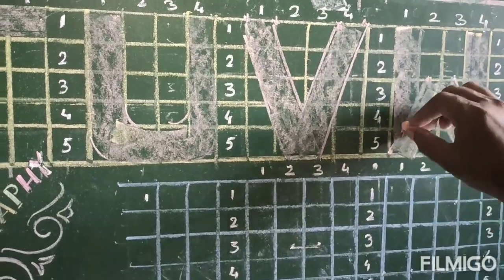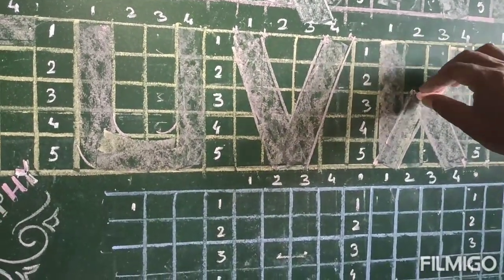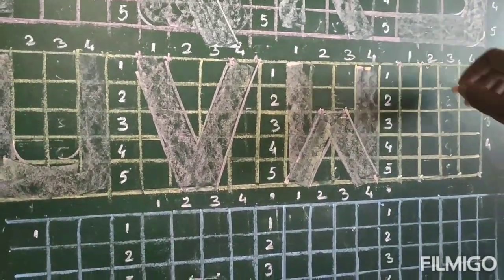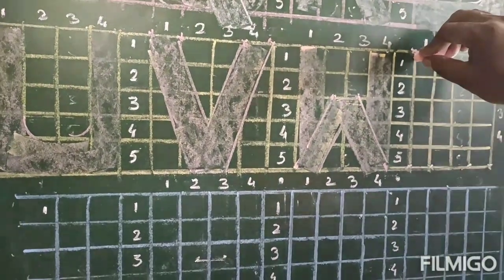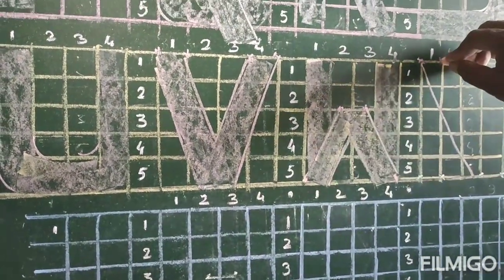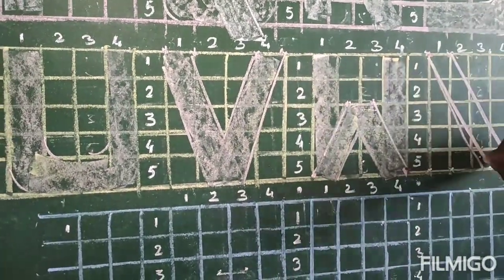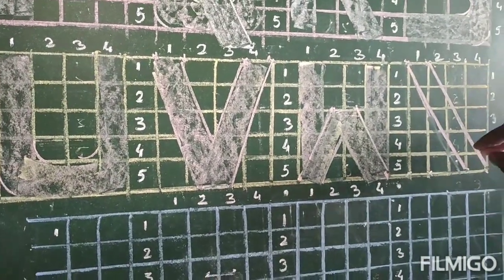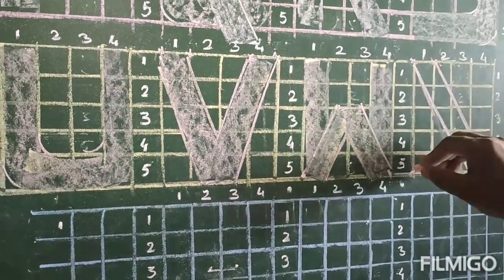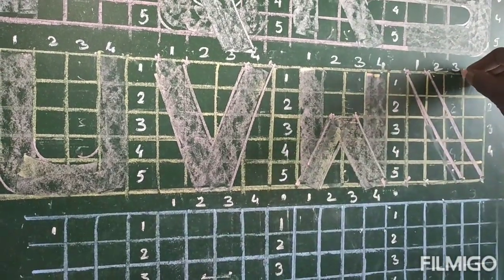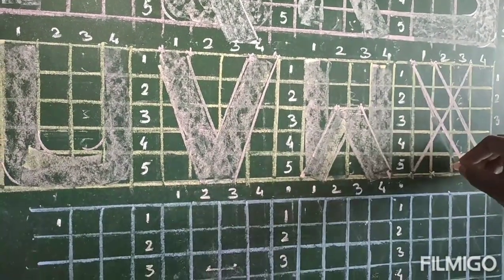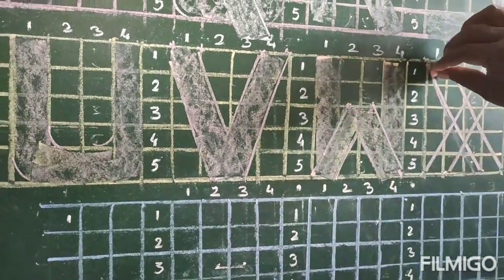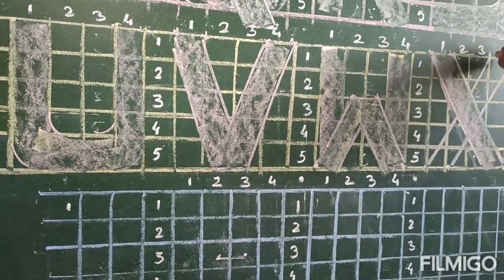Okay. If we proceed the W forward, it will be X. Like this point, point 1, this point to this point, and the last points. We'll add it here, right? And here, one diagonal line we have got. Then on the other side, this point to this point will add here, and this point to this point, right? It will be X. So X is very easy.